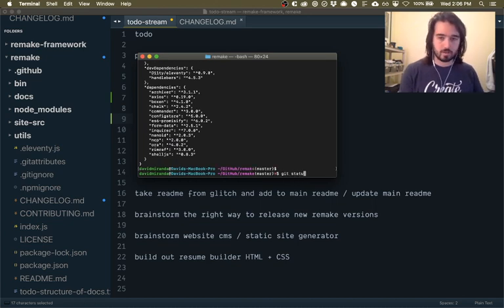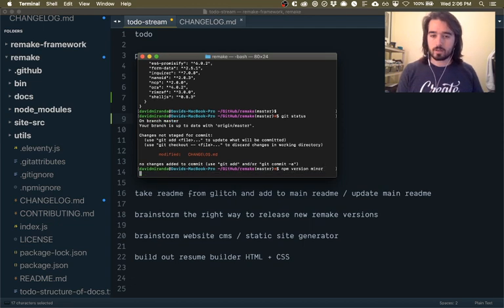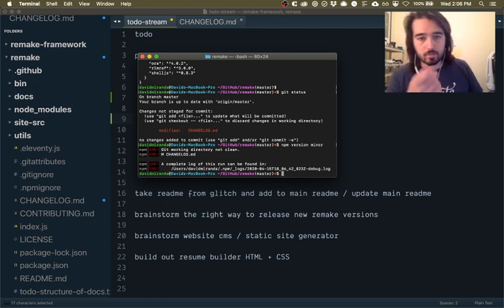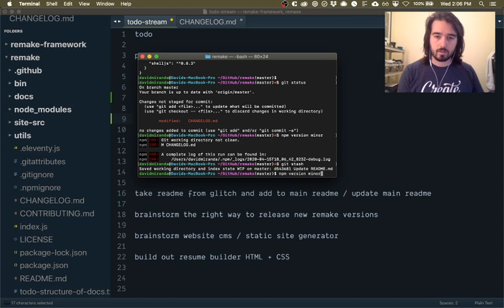So git status. Yeah, so we modified the changelog. I think, I don't think we can do this here. Yeah, because it's not clean. Okay, so we're going to say, I guess we're going to git stash, and then we're going to do